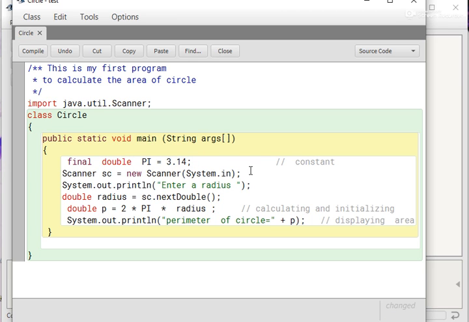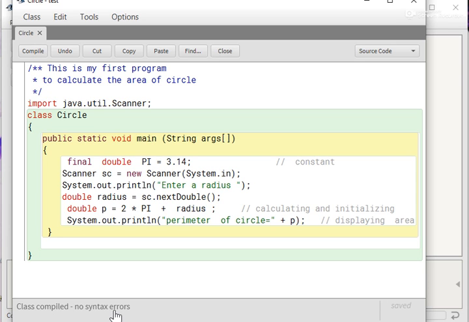For a logical error, suppose we know that the formula is 2 pi r, so we have written 2 into pi into radius. But by mistake, if you write here 2 into pi plus radius, then during compilation there is no error.